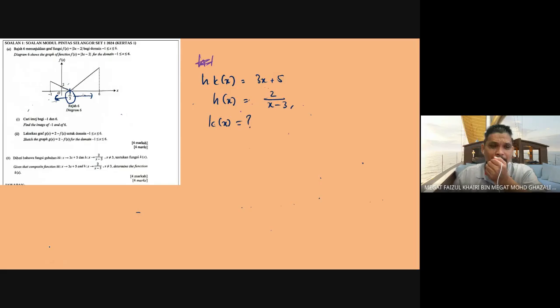So question B. Okay, question B, given that h(k(x)) equals 3x plus 5, and h(x) equals 2 divided by x minus 3, where x cannot be equal to 3 because 3 minus 3 is 0. So determine the function of k(x). Okay, composite function, as we know that when we have, say,